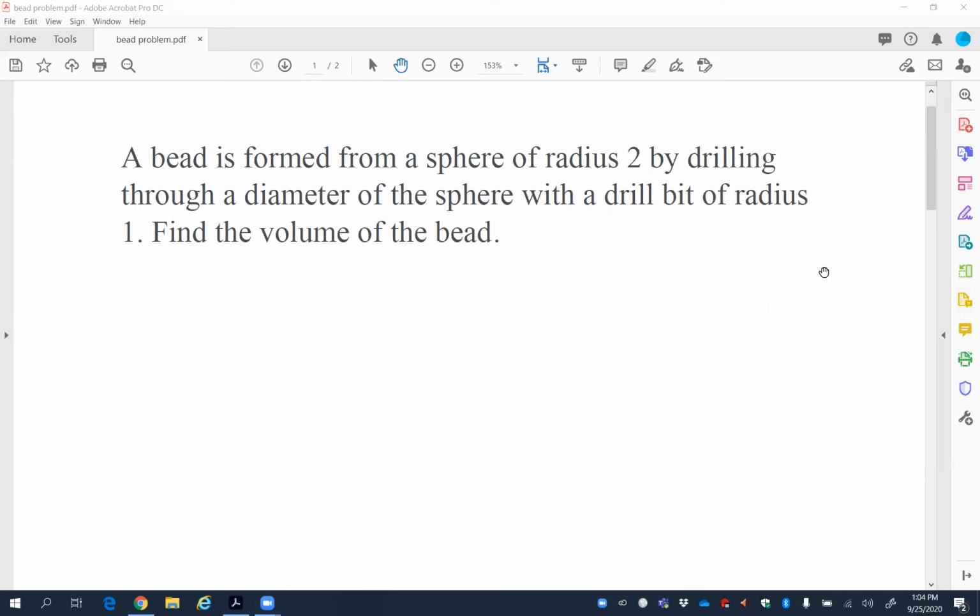Okay, a bead is formed from a sphere of radius 2 by drilling through a diameter of the sphere with a drill bit of a radius 1. Find the volume of the bead. So this problem,